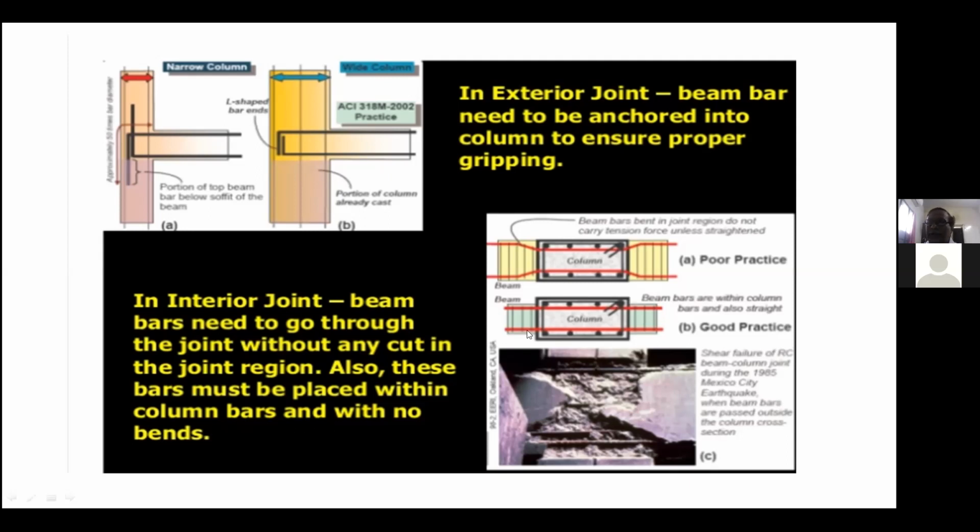So what is a good practice? If you provide a larger column size, as in the below figure, that is B, good practice. Look at it, the column size is more. Say you have 400 mm for the column and your beam size is 230 millimeter. So obviously the beam bar, the straight bar, you can take into the column. So whenever talking about earthquake design, seismic design and IS 13920 detailing, we always have to make the column strong compared to the beam.